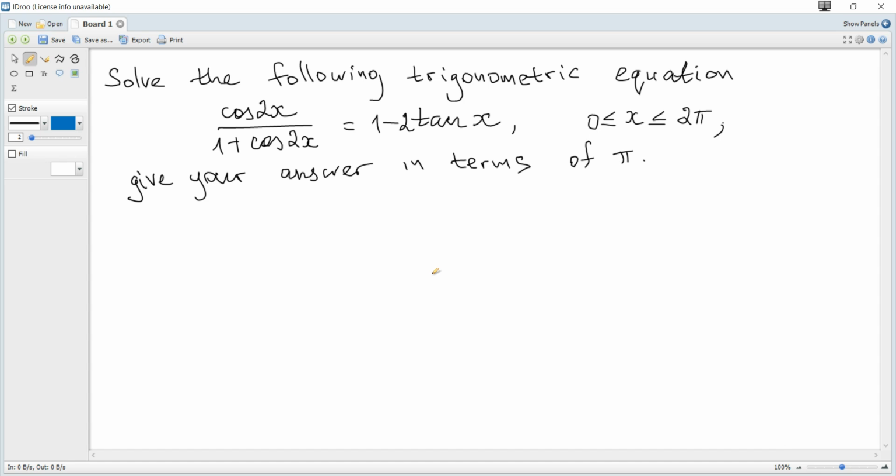Solve the following trigonometric equation, give your answer in terms of pi. You can see that there are x and 2x, and 2x is a double angle with respect to x, so we can try to use the double angle formula, and it says that cosine of 2x is cosine squared minus sine